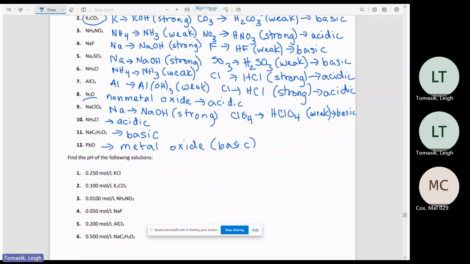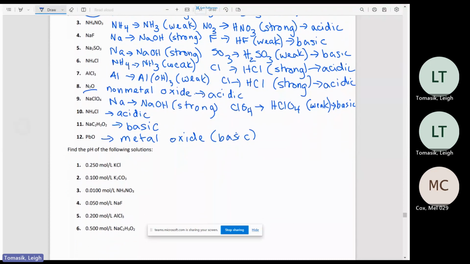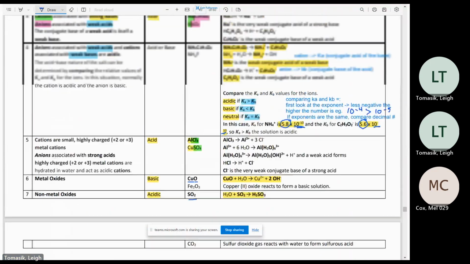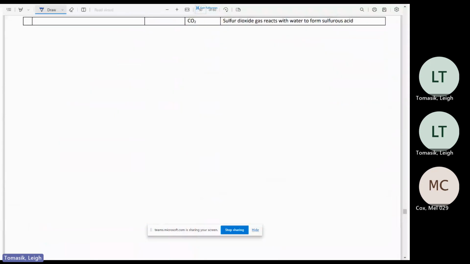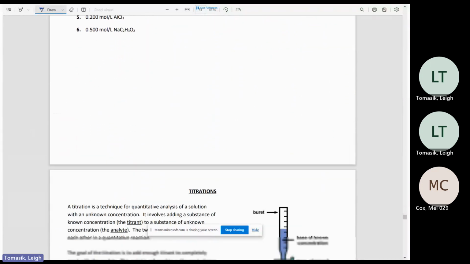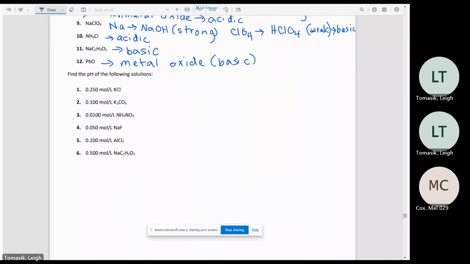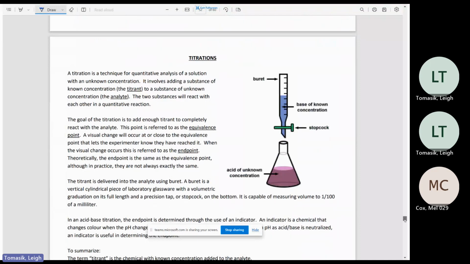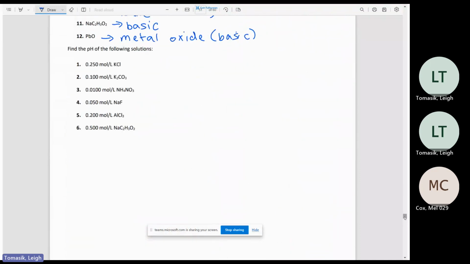Then it says find the pH of the following solutions. Did I give you an example? I did not give you an example. Should we do one of these? Nah, I'm going to let you off easy. I won't have you come up with the pH